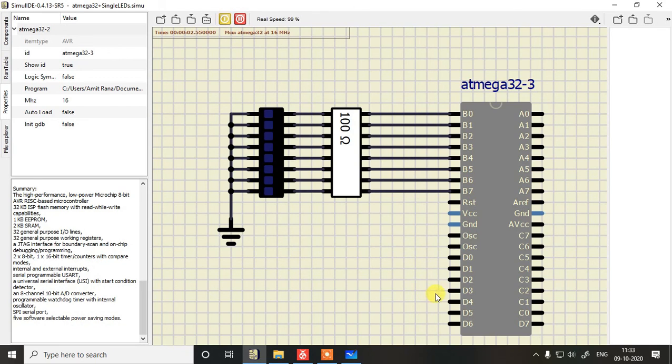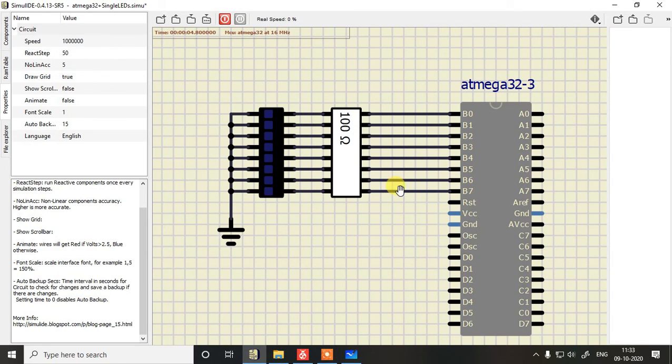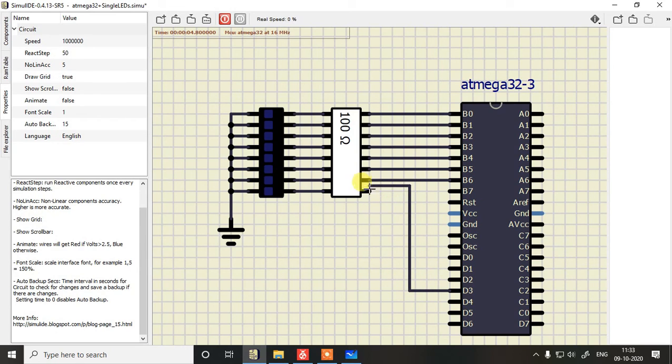We haven't connected anything to D3. So let me just remove this one wire and let me connect D3 over here. That will save our time. Now you can see the entire port D is not affected and only one bit is affected.